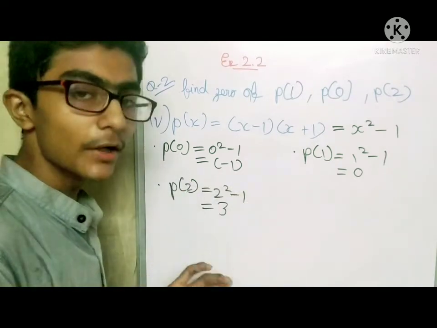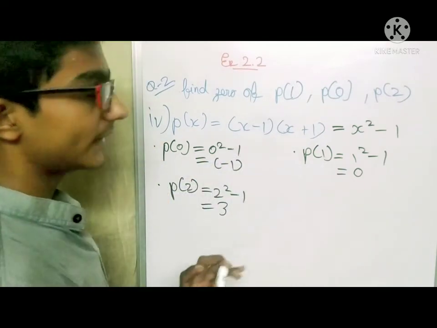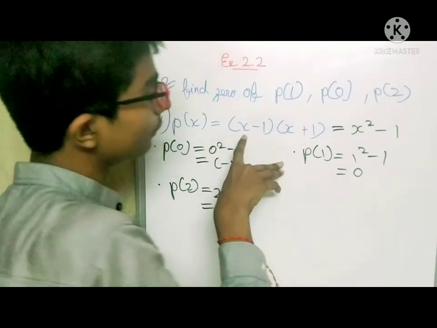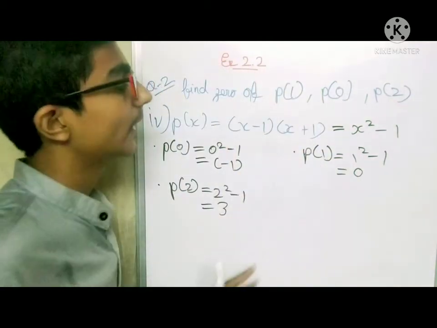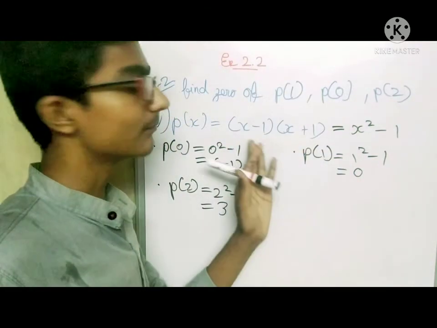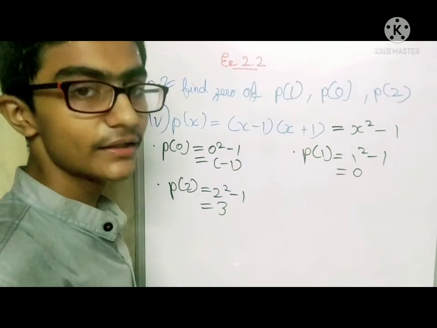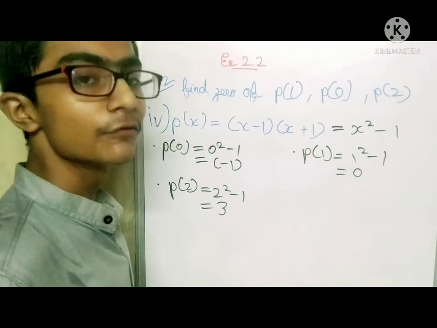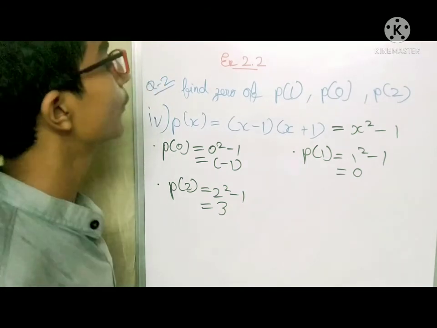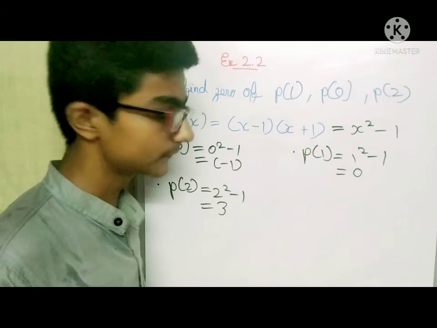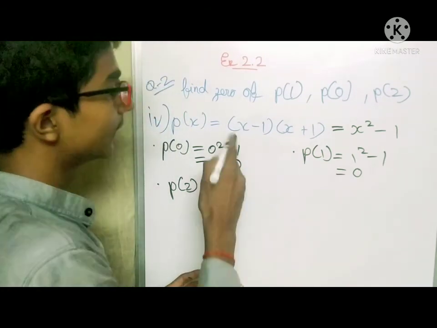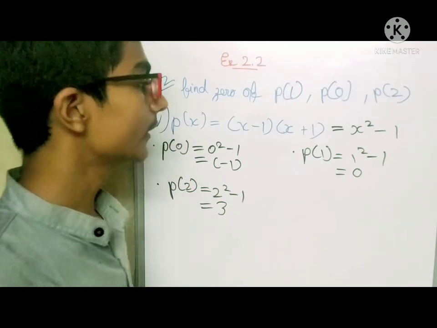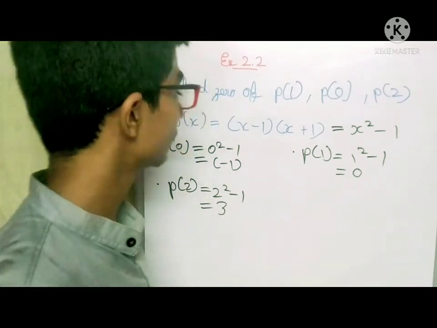So this is very simple, once you understand it it is very easy, but for that you will have to understand it. And how I solved this equation, which method, which formula I used, I am going to tell when we start exercise 2.4 and 2.5, because exercise 2.4 and 2.5 consist of factors, and here what I did was factorization. So that we are going to study in exercise 2.4 and 2.5 soon.